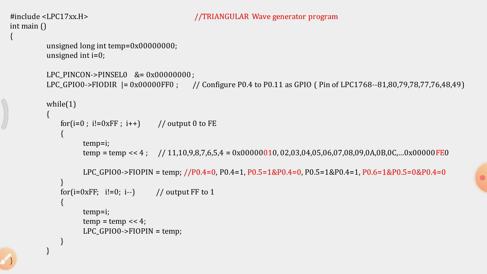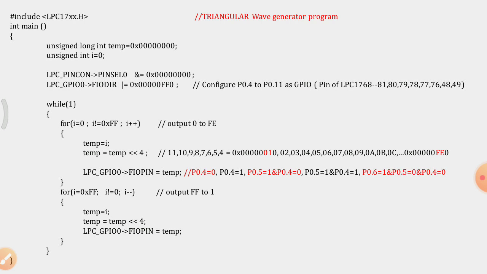Whatever value I give to I, it will be shifted 4 times to the left side. So as it is 0 to FE, suppose I is now equal to 1, it means temp is shifted 4 times to the left.